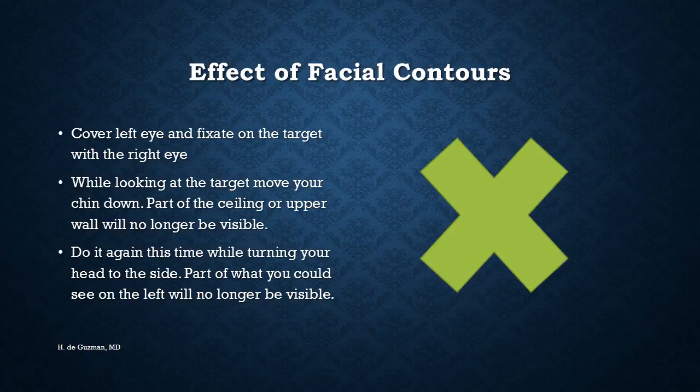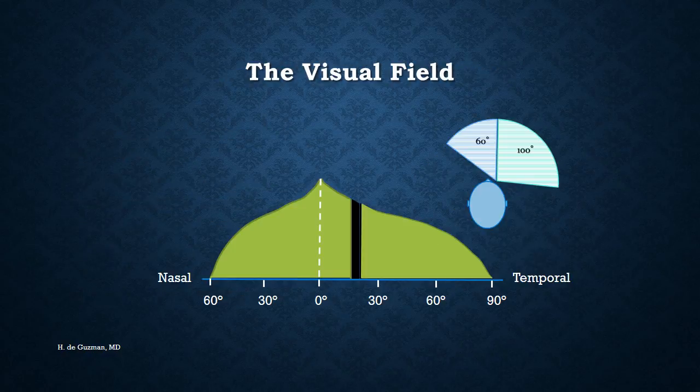Let us pause once again and look at how our facial contours affect our visual field. So this is the reason why certain perimetry artifacts can occur, such as a lid artifact or a brow artifact. And it is also the reason why people's visual field extent are not exactly the same. So that's why all the numbers I was giving earlier were all approximations. When we're talking about the visual field, 0 degrees is always set at fixation or corresponding to the fovea.